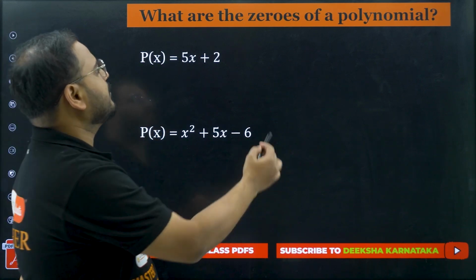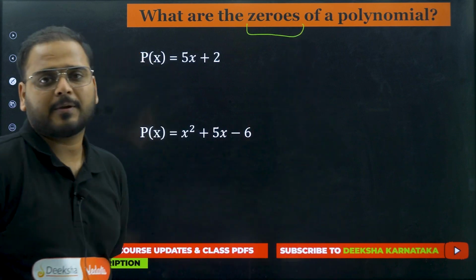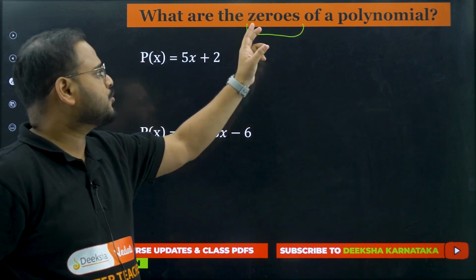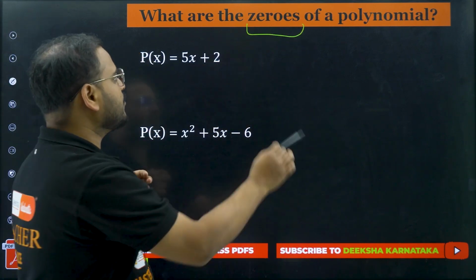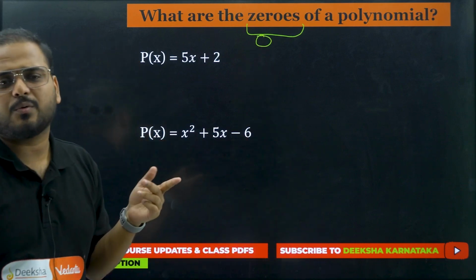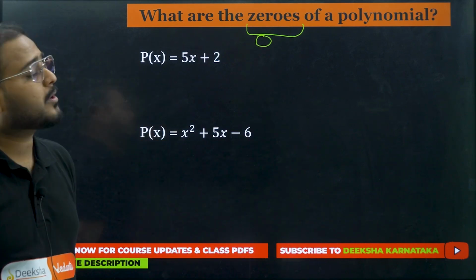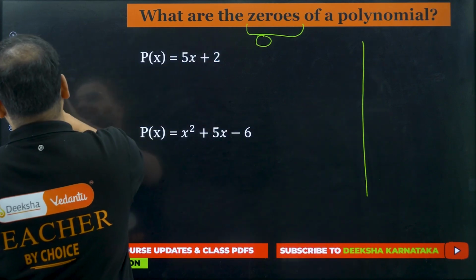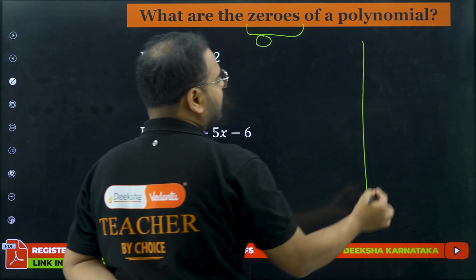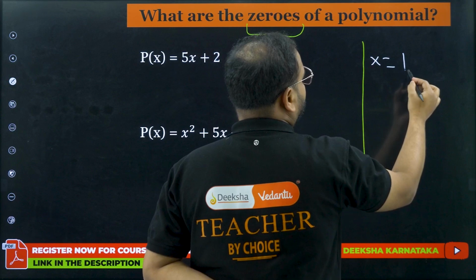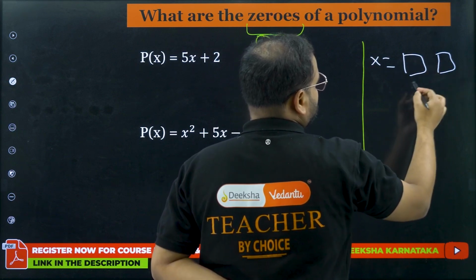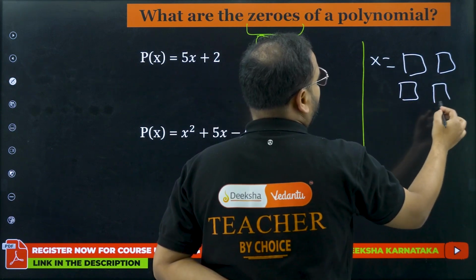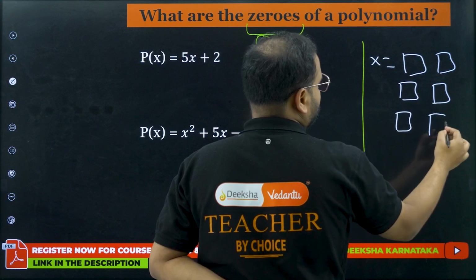What's the meaning of zeros of a polynomial? Zeros is nothing but the plural version of zero. So zeros of means, is this a 0? Is the number 0 written there? No, there is a significance of 0, but we'll see how. What are the zeros of the polynomial? What are those values of x? 1, 2, 3, how many values can I have? We'll see that, how many zeros a polynomial can have.